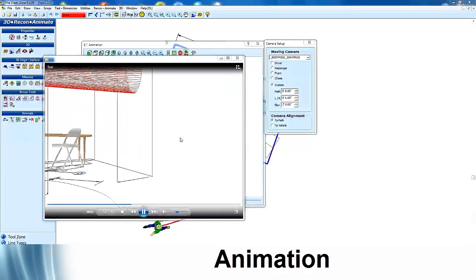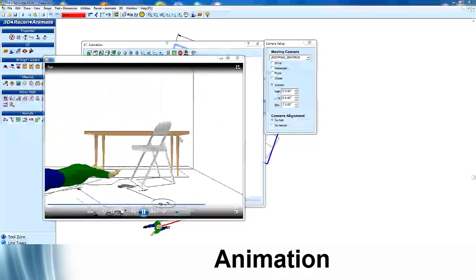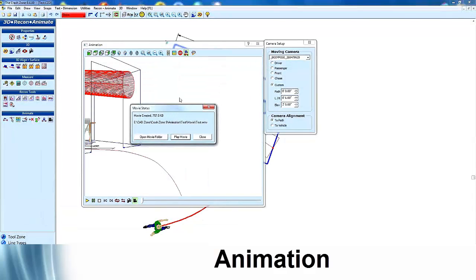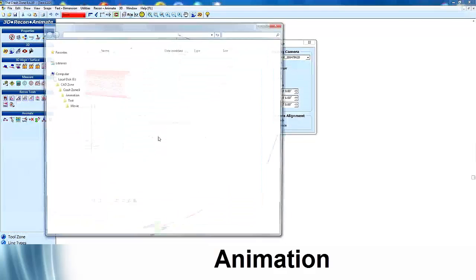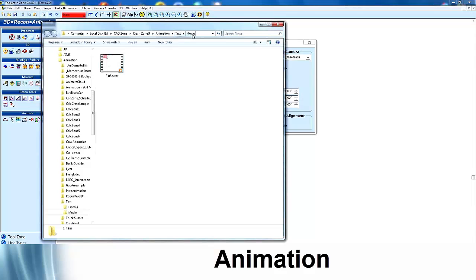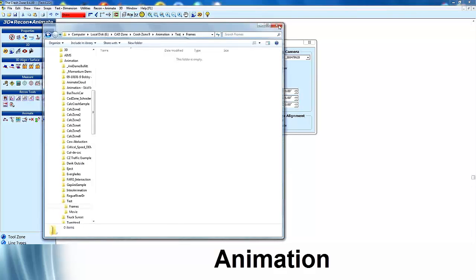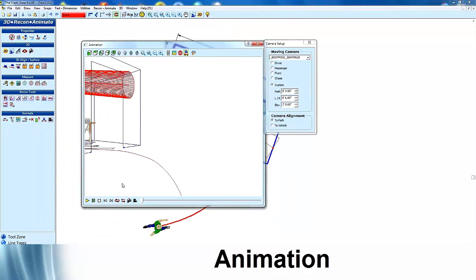There you go. Windows Media Player. Okay, and there's your Windows Media Player. And then if I open the movie folder, there's the movie, and if I go back, here are the frames. Oh, I didn't save the frames, sorry. So what I would do next time when I save the movie again, let's say,